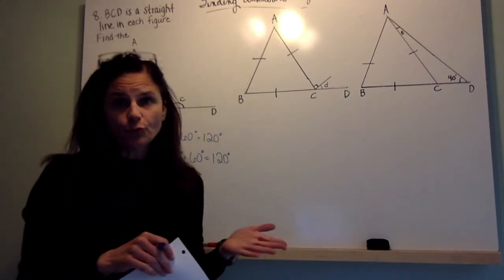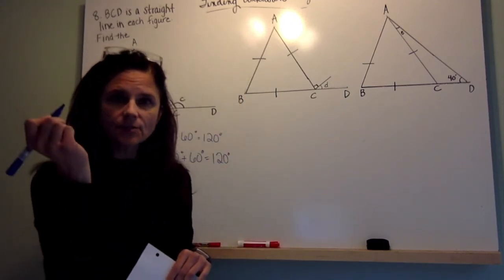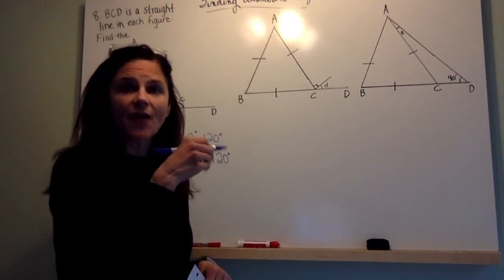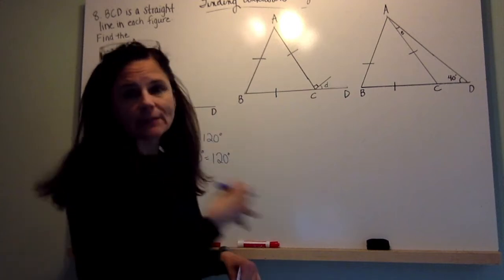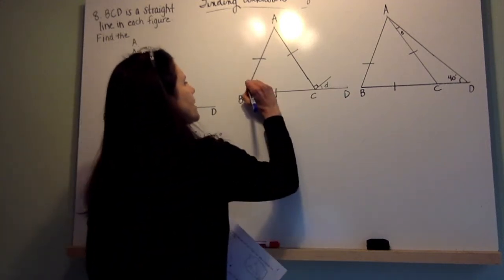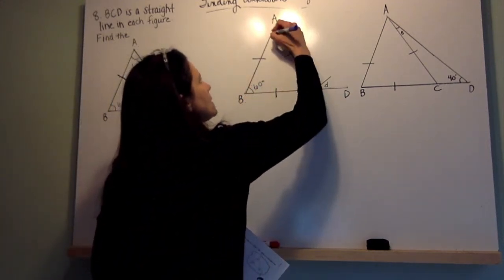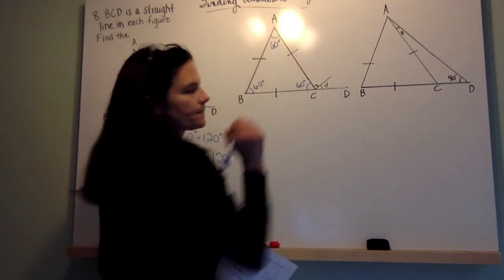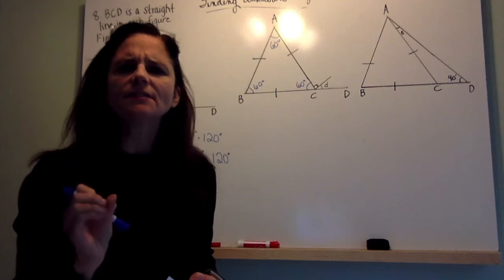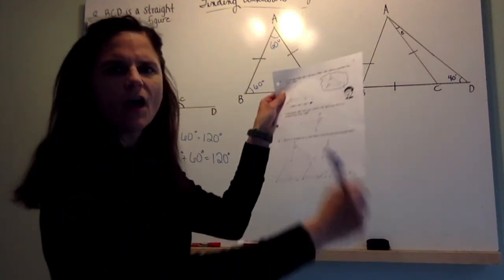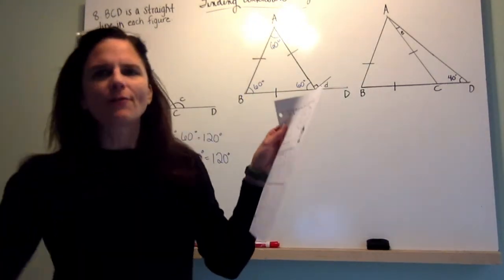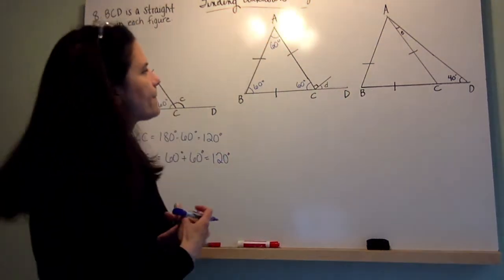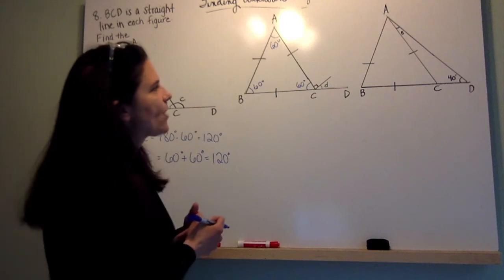All right, moving on to the second triangle. Again, it's an equilateral triangle. I'm going to go ahead, take my pencil, and label all of those triangle angles to use those numbers and measurements to help me find what I don't know. So here we go, 60 degrees, 60 degrees, 60 degrees. And hopefully you can see how much easier it is to actually write physically on the paper rather than your own sheet of paper, because you can write in the angles. Okay, so we're now being asked to find,